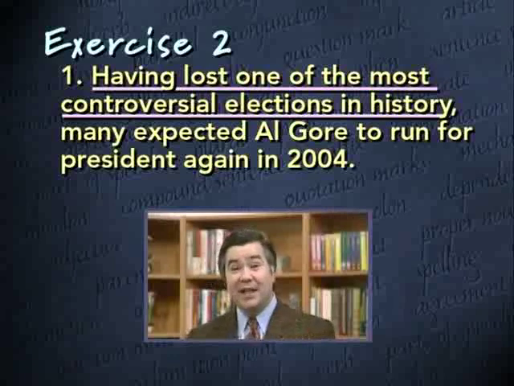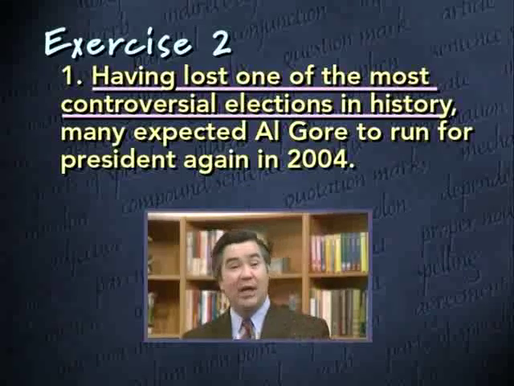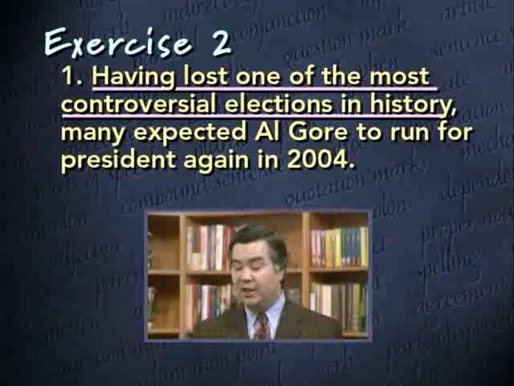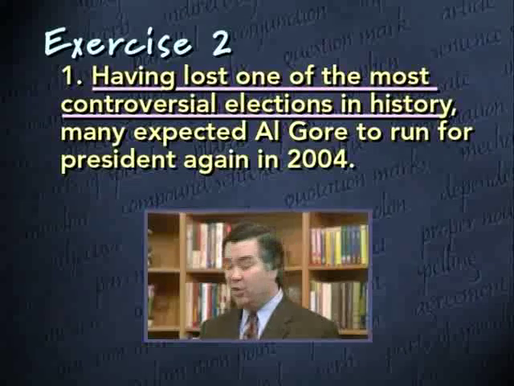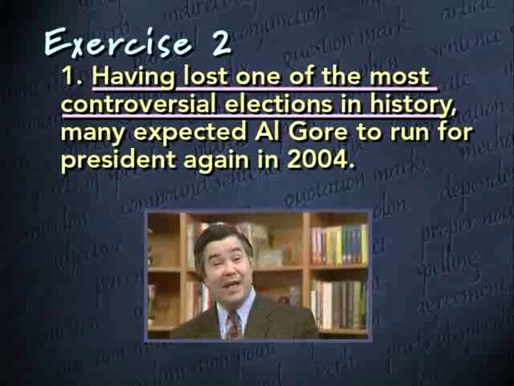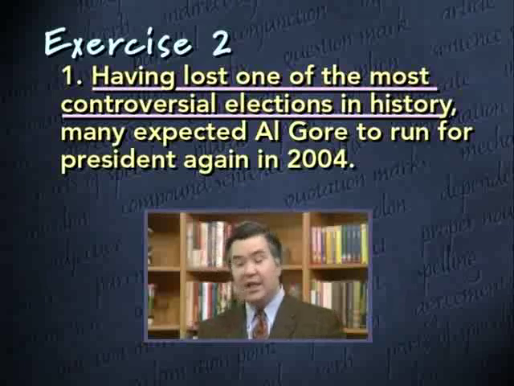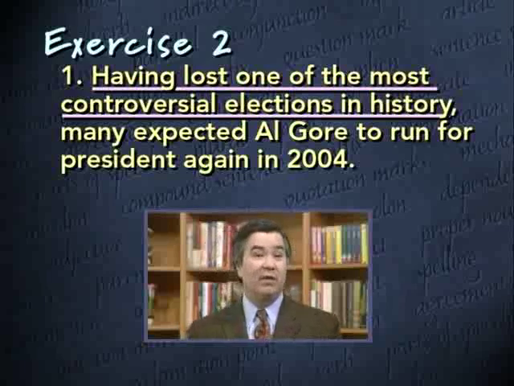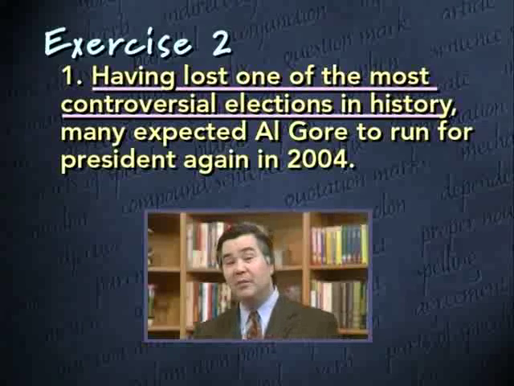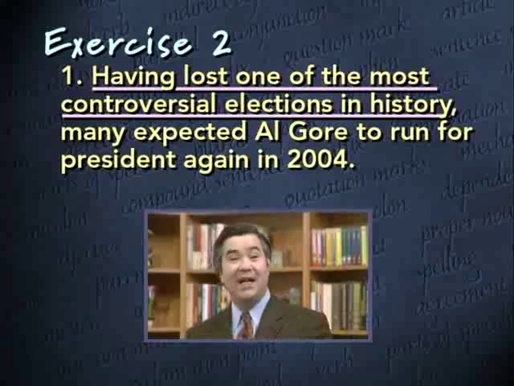Now, what comes immediately after the comma? Well, immediately after the comma we have the word many. It's a pronoun referring to many people. Now, is that correct? Having lost one of the most controversial elections in history, many expected Al Gore to run for president again in 2004. No, that's not correct, because what's right next to the modifying phrase is not the word that it is intended to modify. It is not the many people who lost one of the most controversial elections. The person who lost the controversial election was Al Gore. So for this sentence to be correct, that modifying phrase would need to be followed immediately by Al Gore,